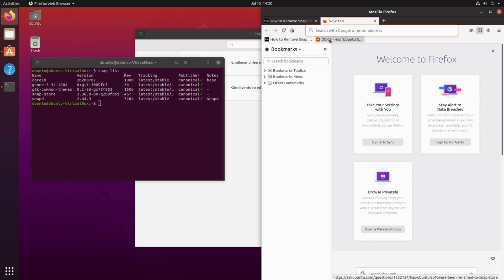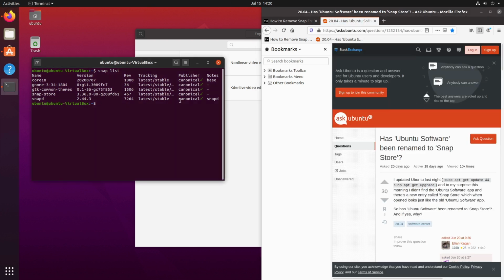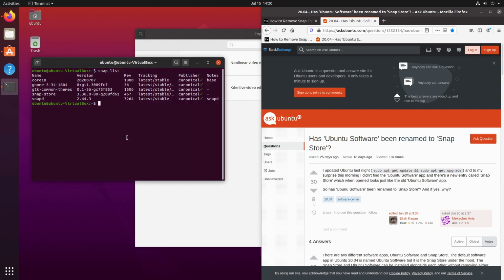Briefly, the first step we're going to want to do is install the GNOME Software Store, because the GNOME Software Store has snaps as a default. So if you remove the snaps first and then install the GNOME Software Store, it's going to reinstall Snapd. So what we're going to do first is a sudo apt install. I don't think we need to run an update. Probably should, but since I just ran that an hour ago,